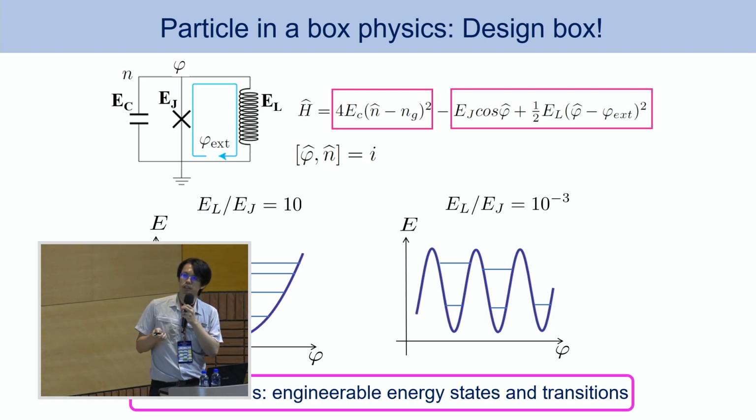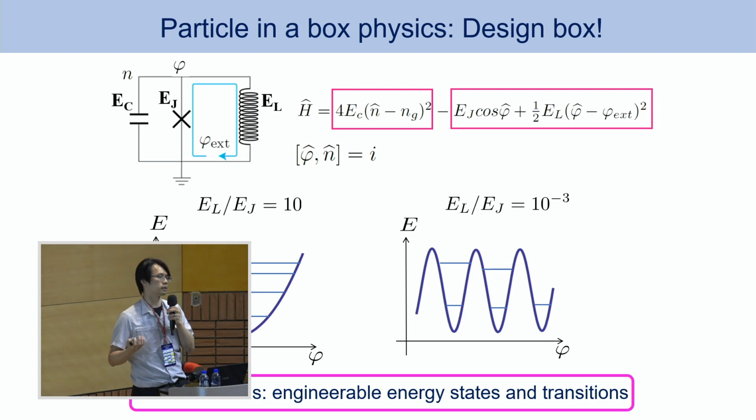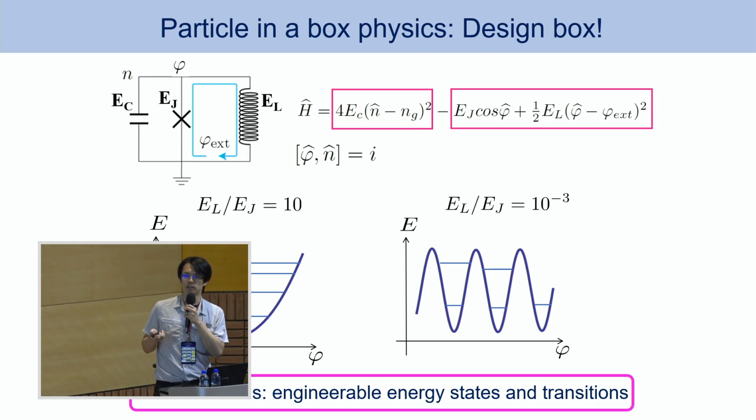If we look at this Hamiltonian, it is just like a particle in a box. The first term you can treat as the kinetic energy term, and the second term looks like the potential energy term. This is because the phase and the charge follow a commutation relation, just like a particle in a box, the position and the momentum's commutation